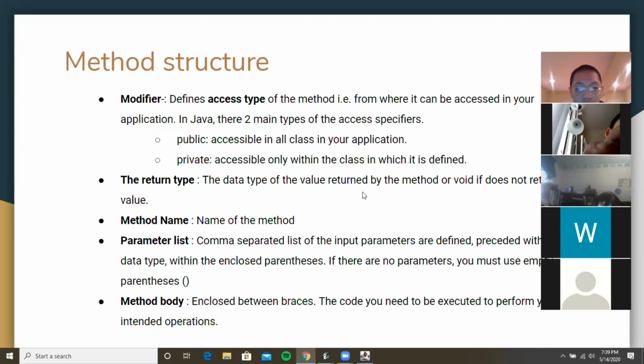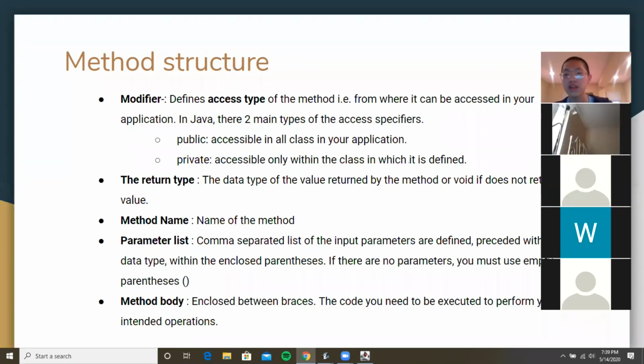A parameter list is the number of parameters you give to the method, and based on the parameters, whenever you're calling it, you have to give the parameters to the method so that the method can do something with the parameters to give an output. And if there are no parameters to be given, for example, if your method just prints out hello world or something like that, you would just leave it blank.